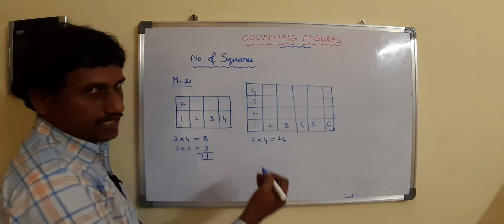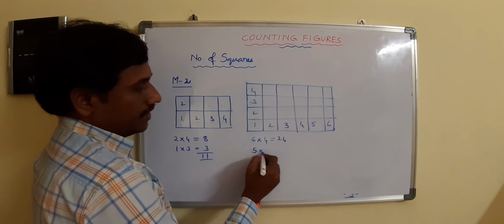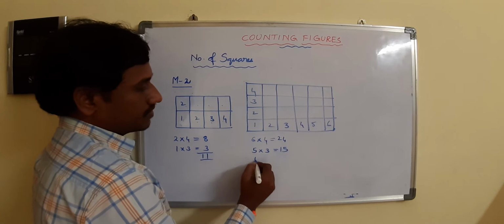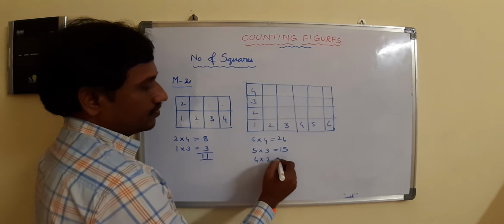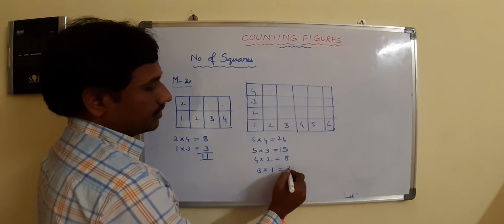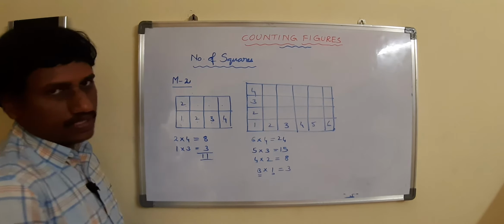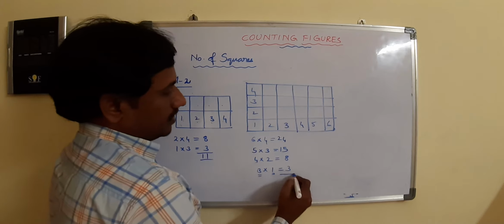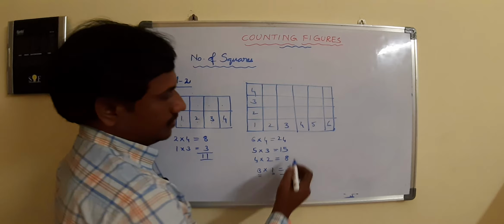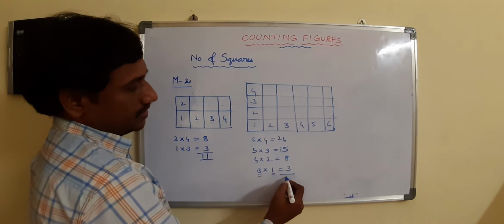Now what we have to do? Reduce these numbers by 1, both the numbers at a time. Then 6 becomes 5 into 4 minus 1 means 3. 5 3 is a 15. Next 4 here it becomes 2. 4 2 is a 8 and it becomes 3 and 1. 3 1 is a 3. Whenever you got 1 either in column wise or row wise, you can stop the multiplication there. Why? Because if you reduce one more, you will get 0. 0 and anything? 0. Then 24 plus 15, 39. 39 plus 8, 47. 47 plus 3, 50.